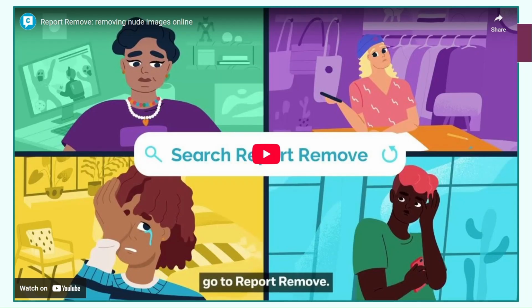partners. If that image or video is then shared online, the matching hash value flags the content for review, at which point it could be removed more quickly. The same concept is available to adults in a separate website called